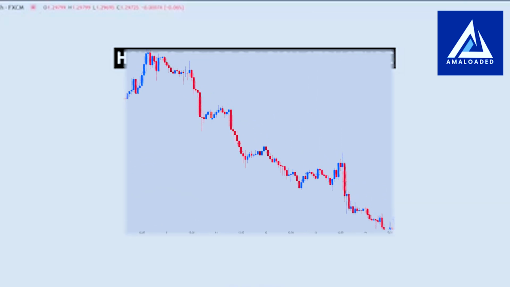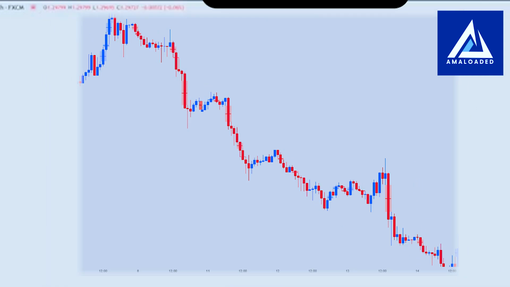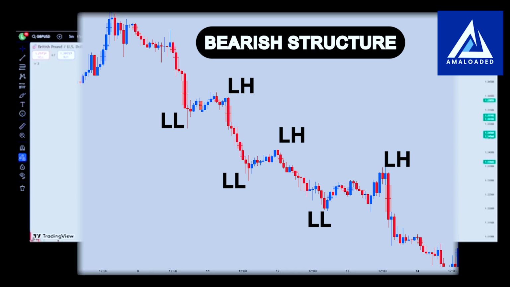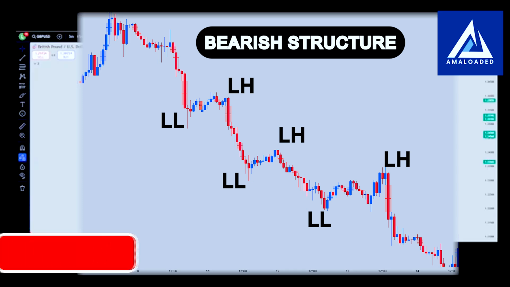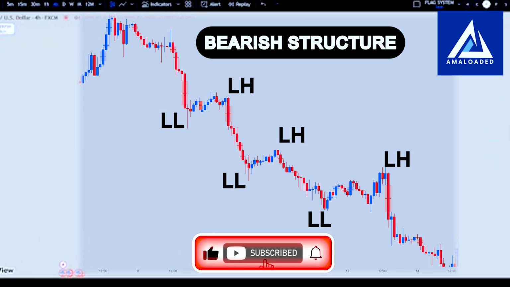Remember, in our last episode, I explained that whenever the price action forms bearish structure by creating lower low, lower high, lower low, lower high, it's a sign that the sellers are dominating the market. And as a professional price action trader, what you are supposed to do is to trade along with the rulers